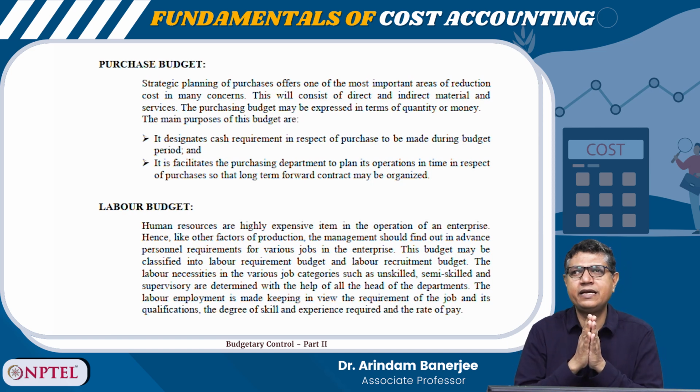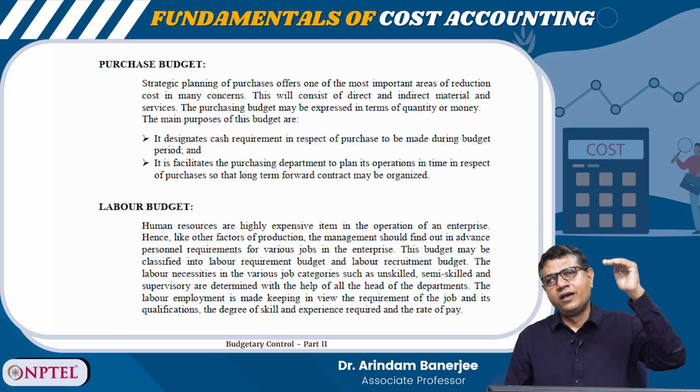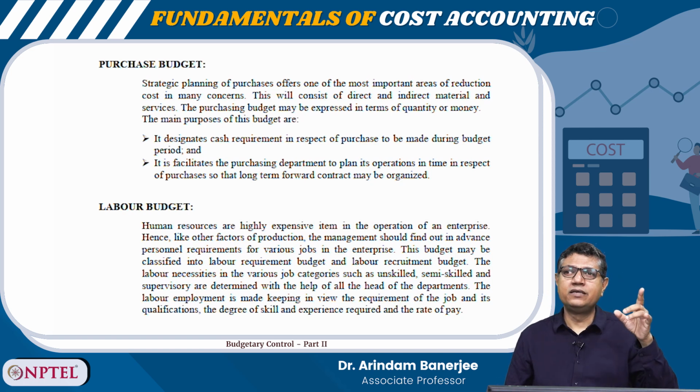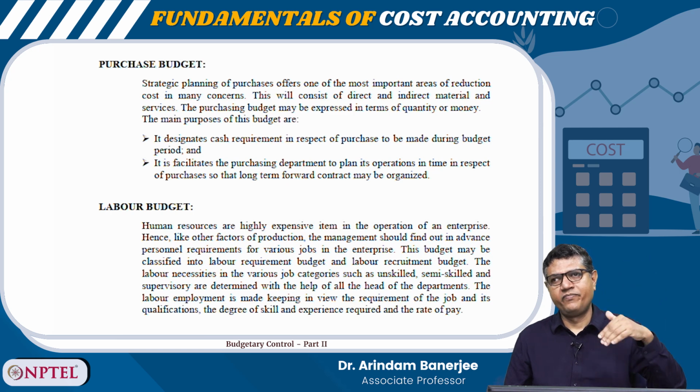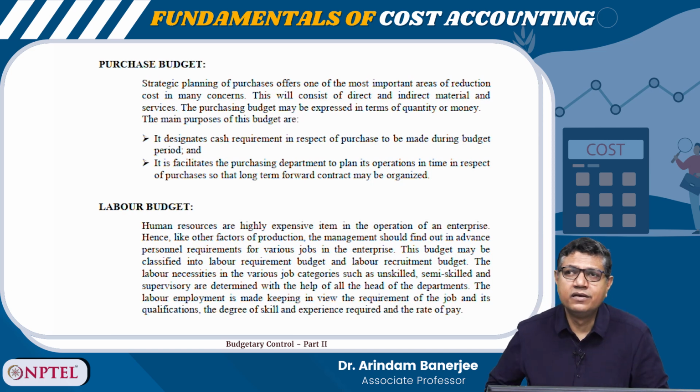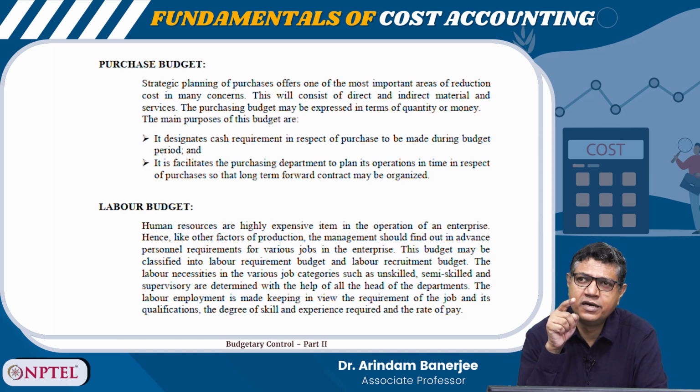So we will decide how many employees we need to achieve a production level: skilled, unskilled, semi-skilled, and what the salary could be, because if you need more skilled workers, you have to pay more. If your work goes on even with less skilled workers, your salary cost will be less. But at the same time, if your employees are not skilled enough, you may have to spend on their training, right?